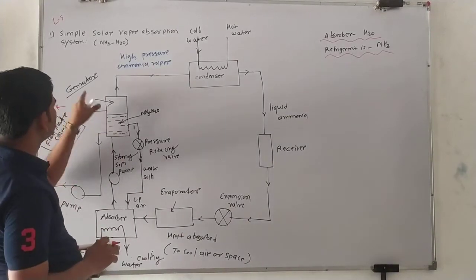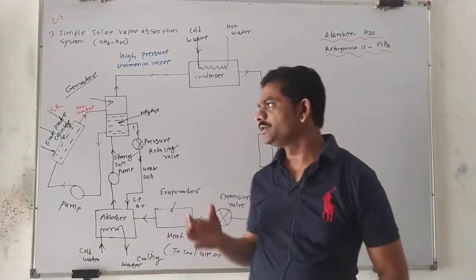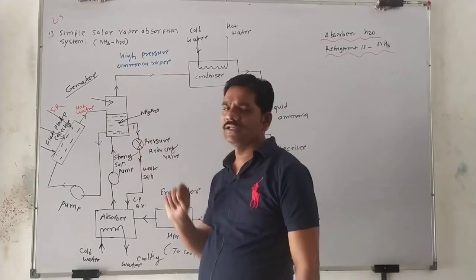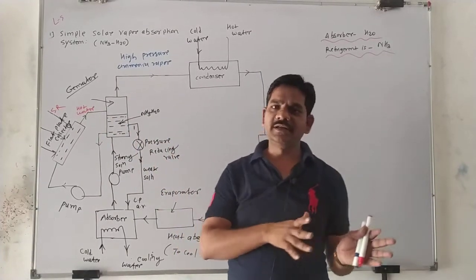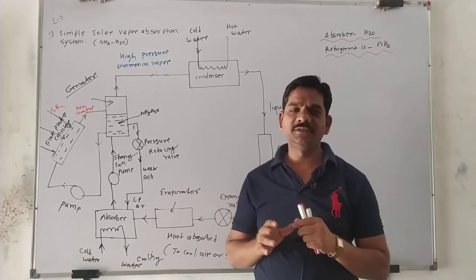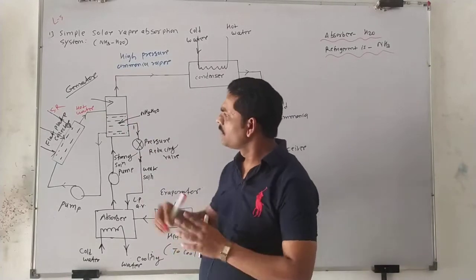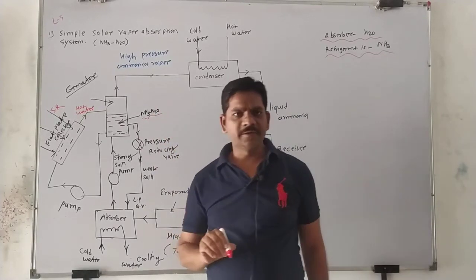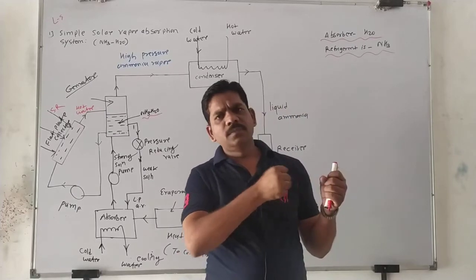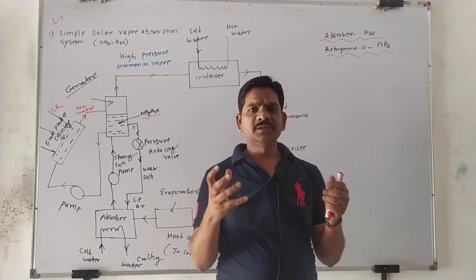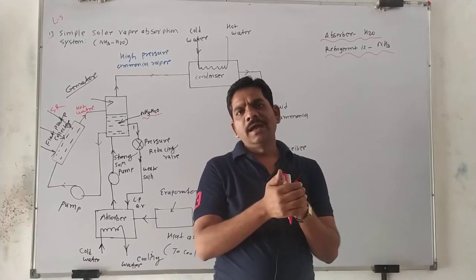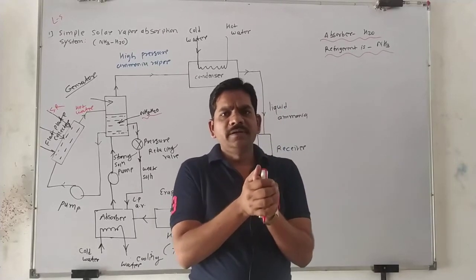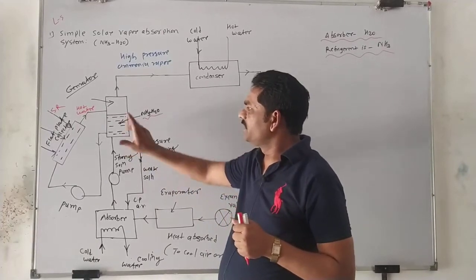This consists of another component, the generator, which is used in a solar vapor absorption system. This is not the generator used for electricity; it is a different generator, and there is no similarity between them. You focus here. This hot water passes into the generator. Inside the generator, ammonia and H2O are present. The water completely absorbs the ammonia, just like a sponge absorbs water, so this is one complete mixture, a solution. This NH3-H2O is present inside the generator.